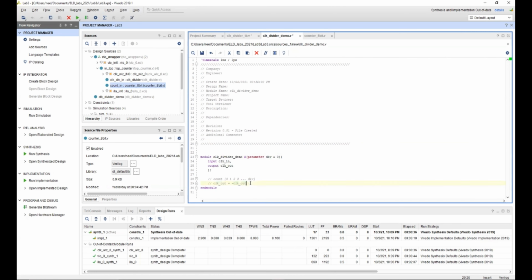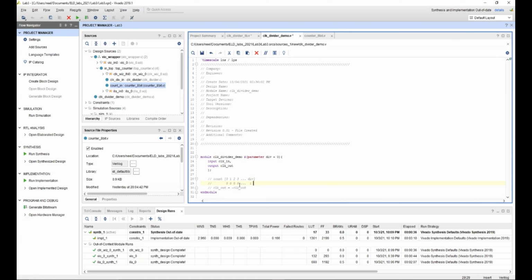I hope you can visualize this. When the value of count was 0, clock out would be 0 as well. And after a certain time, when the count reaches div value, this will become 1.